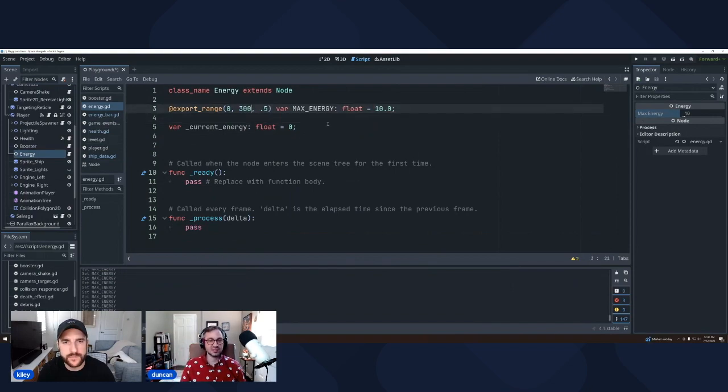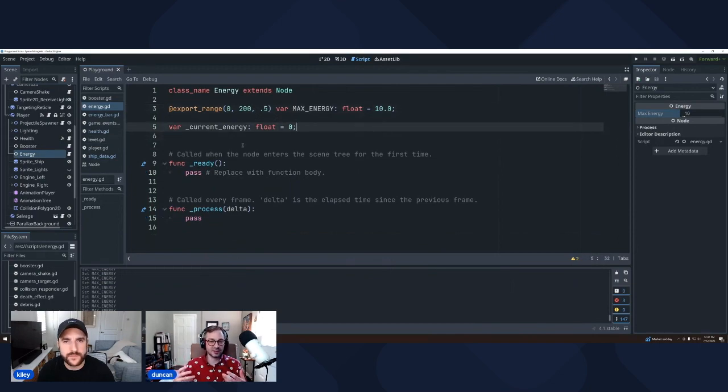Because who knows, maybe 3,000 is a range that makes sense. I don't know, coming back a year later. So I like to do that for myself. And you can always change these, right? But it's like, here's what I'm thinking it's going to be between. There's all the debate about, are comments good, are comments bad? So here's a way to leave a comment to yourself later that isn't a comment. So, okay, that's the max energy.